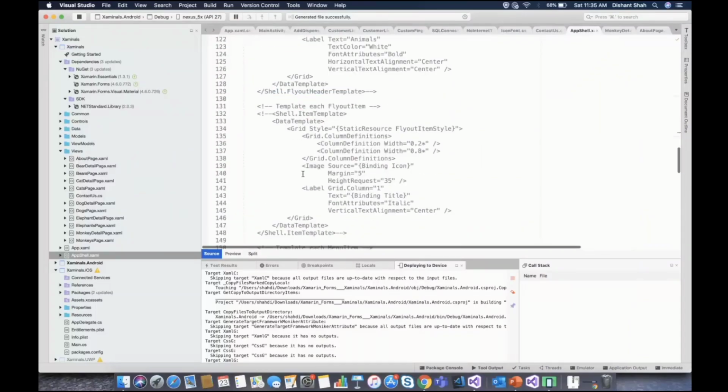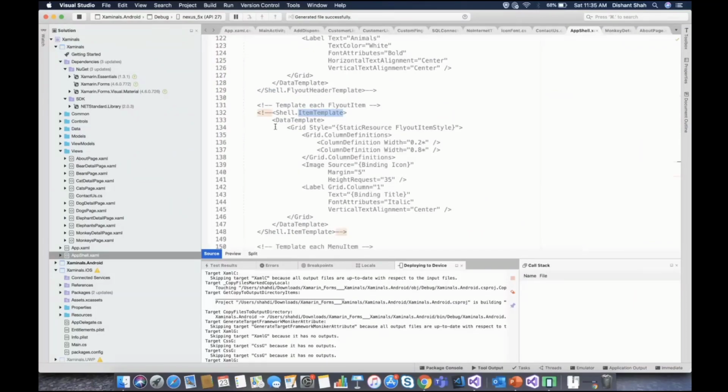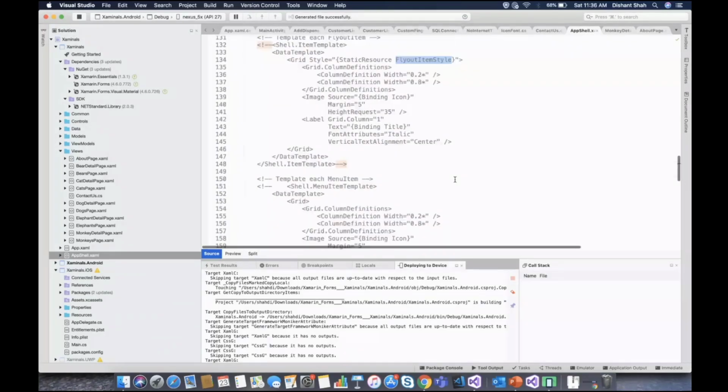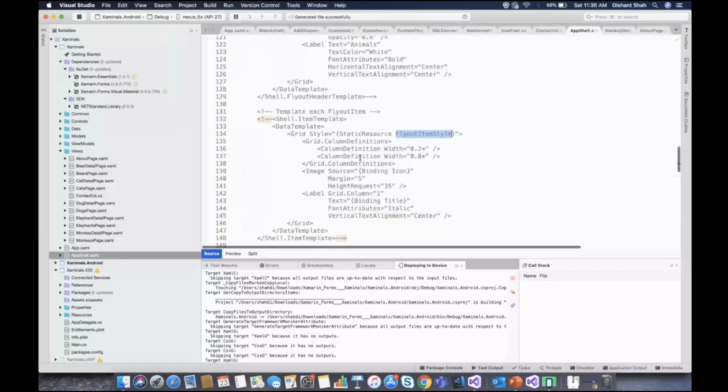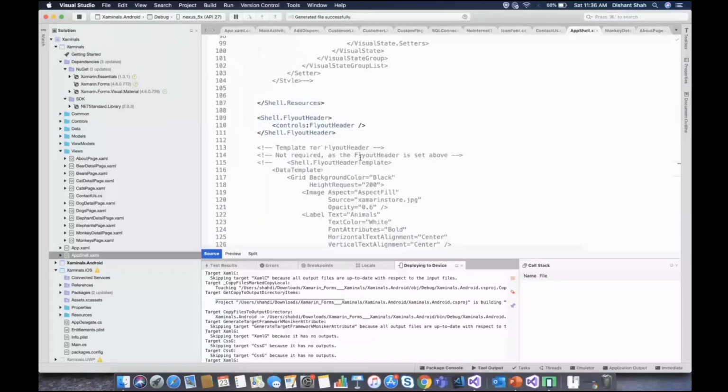In that you had to create your own data template. You had to put in your grid, your image, your label, and apart from that also add another style so that you can set the item background color or selected item background color. But we don't have to do those things if we are using 4.6. I can show you how easily we can change all those stylings.